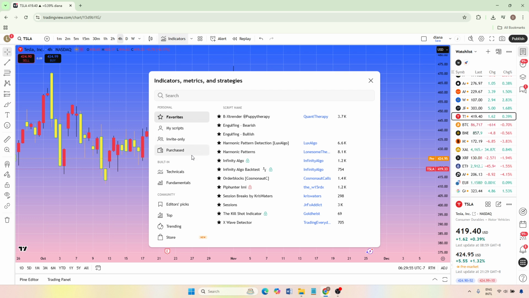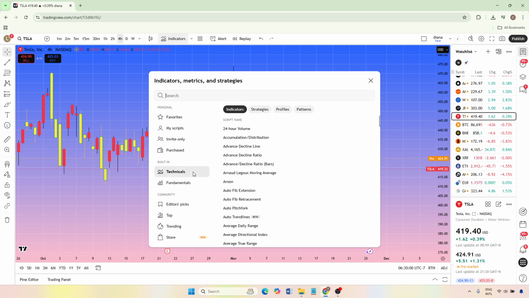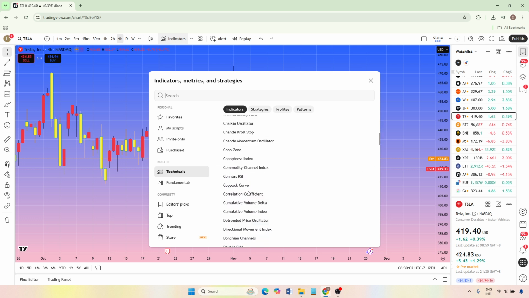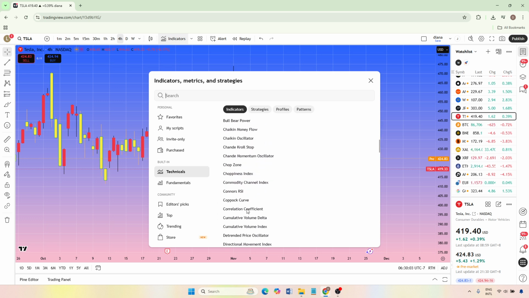Inside this window, you'll notice different categories along the side. To make things simple and stay organized, click on the section labeled Technical. This filters the list to show you technical indicators only, which is what we want for the Klinger Oscillator. Taking this extra second to go into the right category can save you from scrolling through a long, mixed list